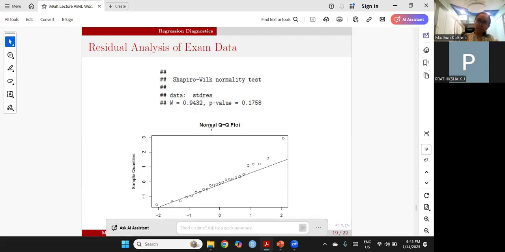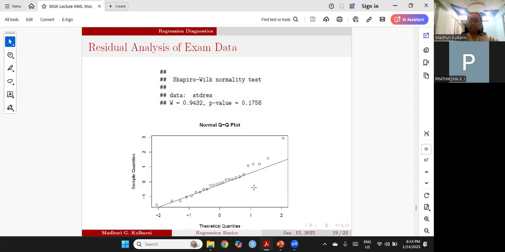The same thing can be verified through the QQ plot also. If the values are around the line, then normality is there. This QQ plot is also readily available in R and all standard statistics software. So this is how one can carry out model diagnostics by analyzing the residuals. Up to this was my intention, to introduce regression models to you so that when I talk about the case study, you will understand it. Otherwise, those who are not at all familiar with regression models wouldn't have understood this.